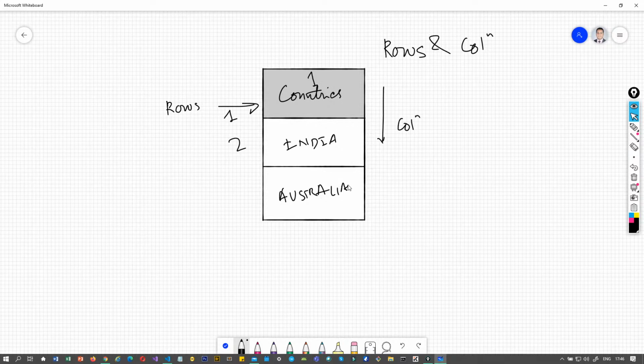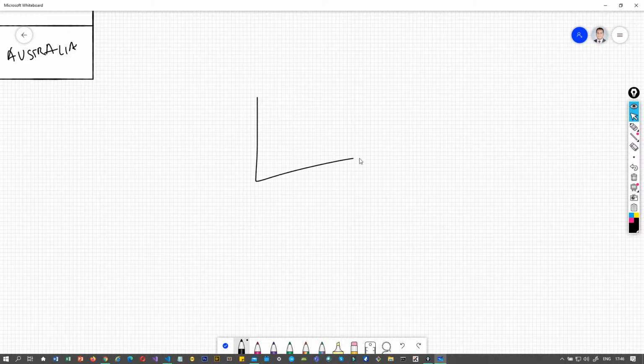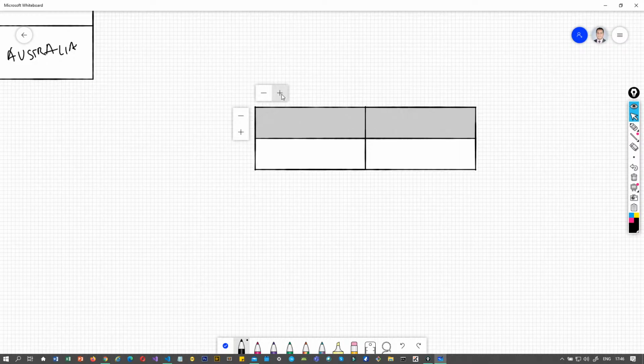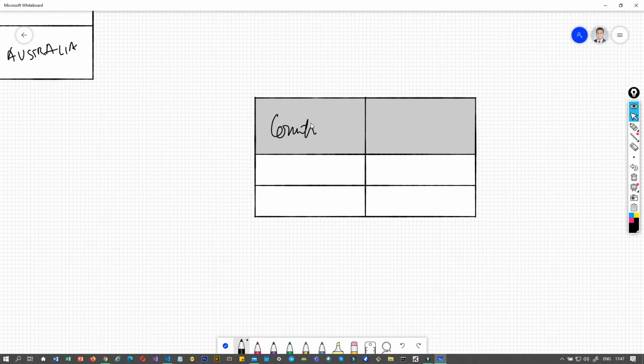Now we only talked about rows which can have one column, but there can be n number of items. It's not mandatory that this is the only thing which I require. The table that you create with HTML can be increased in columns, and can increase the rows as well. So here, as we have written, let's say we are talking again about countries, which will have their, let's say, capitals,